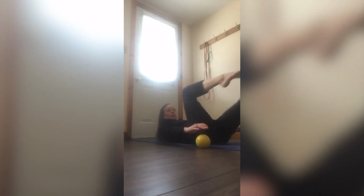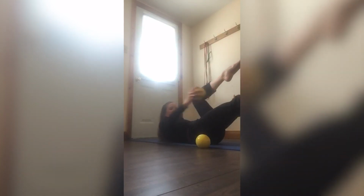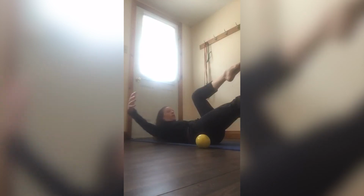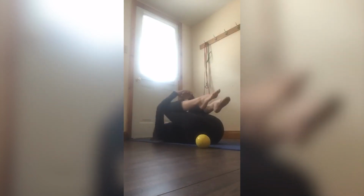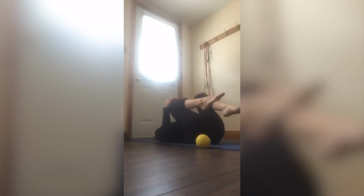This time you'll keep the right knee in and left leg straight. Passing for 6, 5. Try to keep calm as the work increases. 3, 4, 5, 6. Place the weight down, hug the knees in, shift side to side a few times, really rolling around in the spine